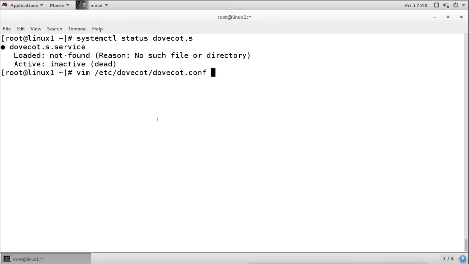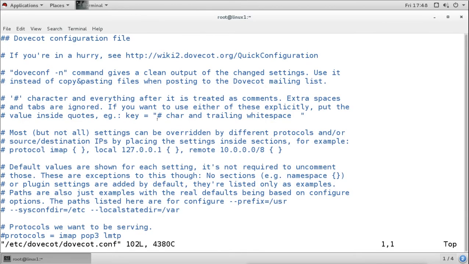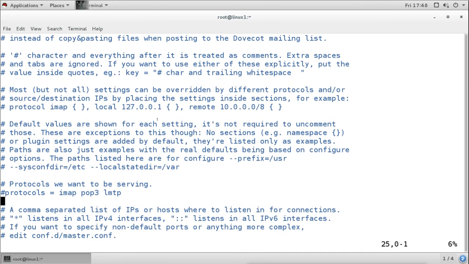So first I will open the main configuration file, and in it we'll go to line number 24, where it says protocols is equal to imap and pop3. If we want to accept requests and enable the IMAP and POP3 protocols, we will enable this line.